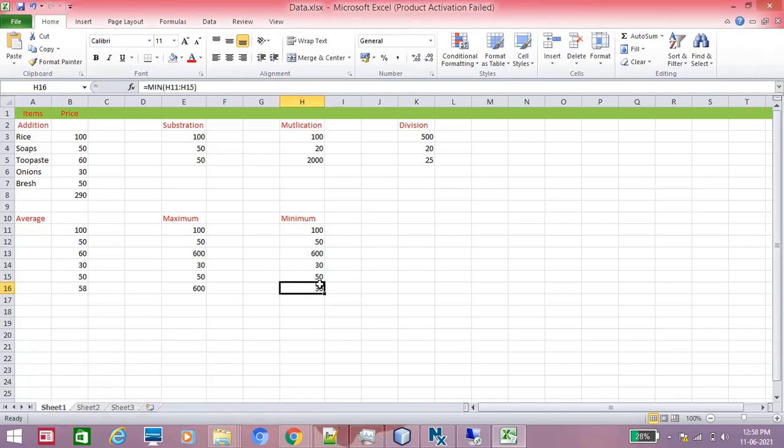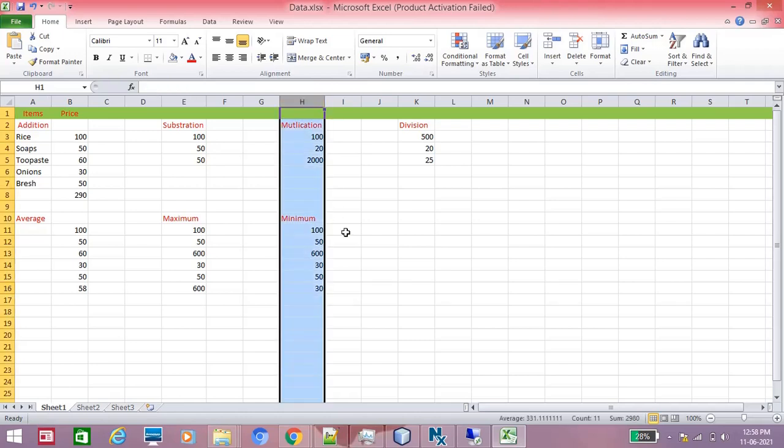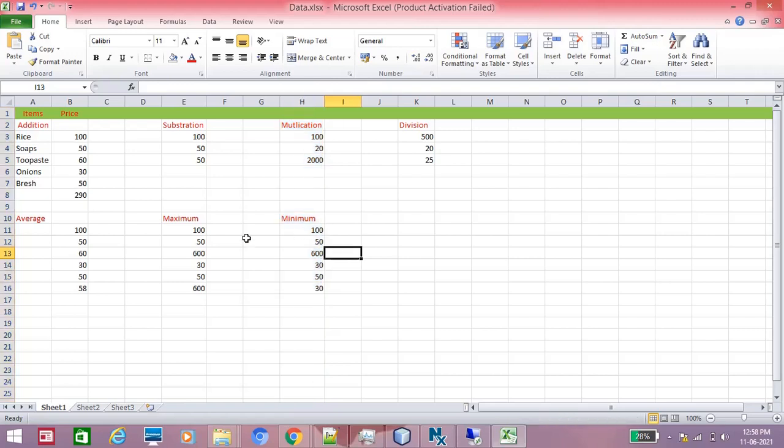So in an Excel sheet you can use any number of lines of data, or records, and we can find results easily with the help of formulas. We just use formulas with column name and row values. Here I am selecting our column, which is H. Then we can find the row numbers: here rows start at 11 and end at 15. Then the same thing, we give MIN equal to minimum H11 colon 12, 13, 14, 15. So this is the minimum formula.